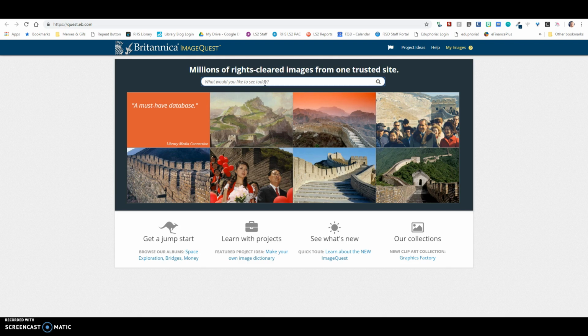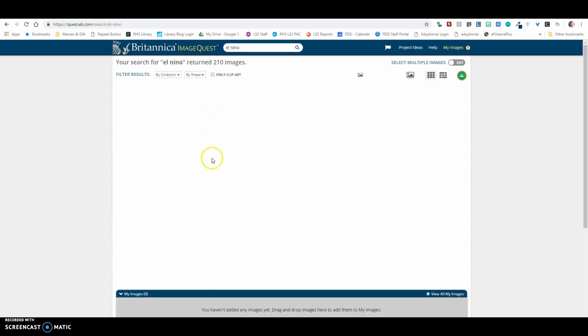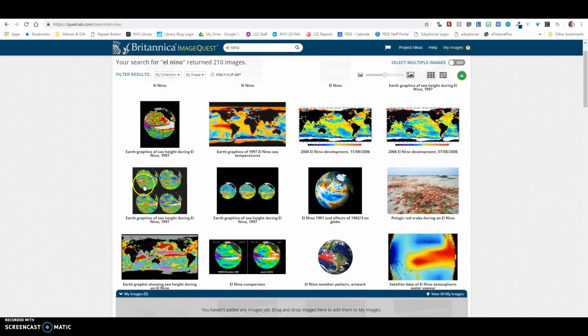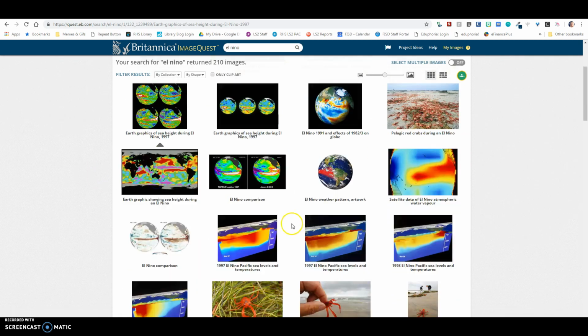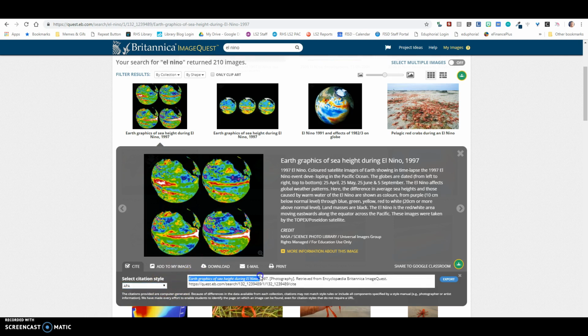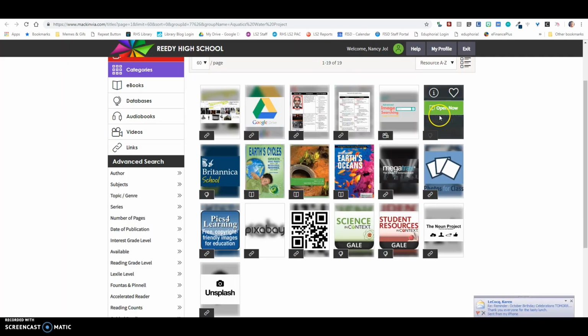So if I type in my search term here, and I want to use one of these photos, like let's say I want to use this photo right here, okay? I have to click on Cite and choose APA because it's a science class. You guys are using APA citations, and I'm going to use this citation right here in my project, and then I'm going to use this photo right here. Alright, so that is Britannica Image Quest. The rest of these you can use